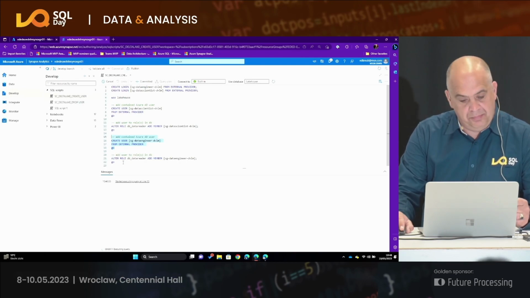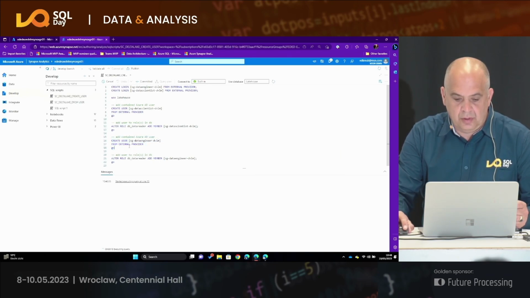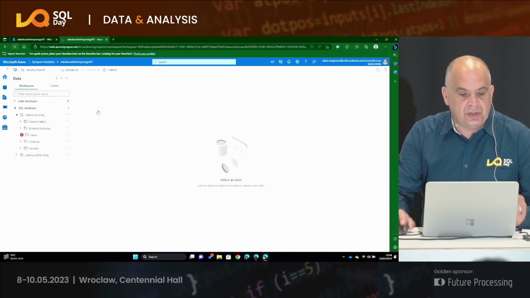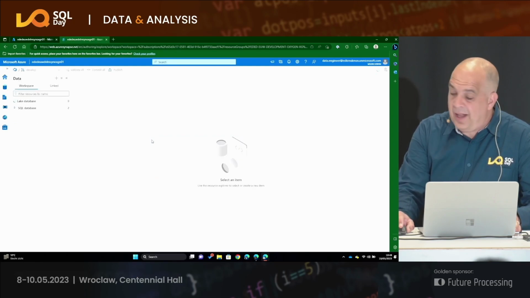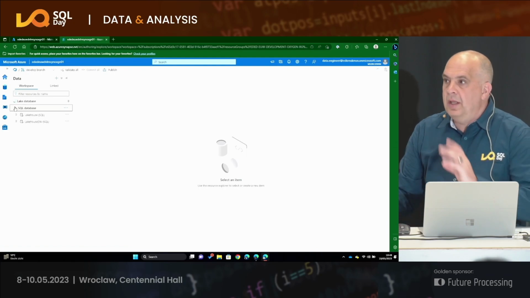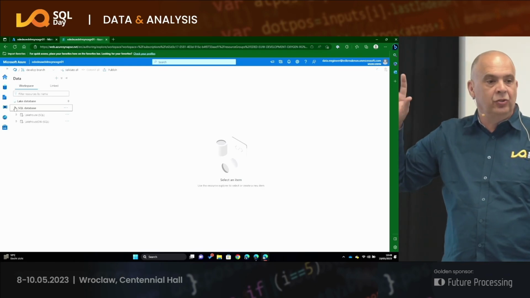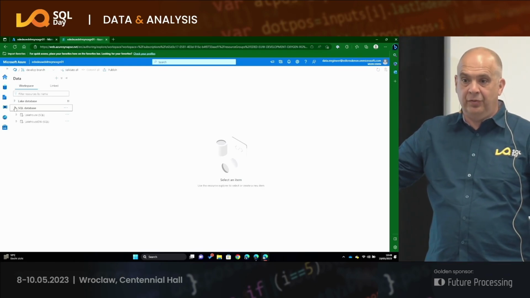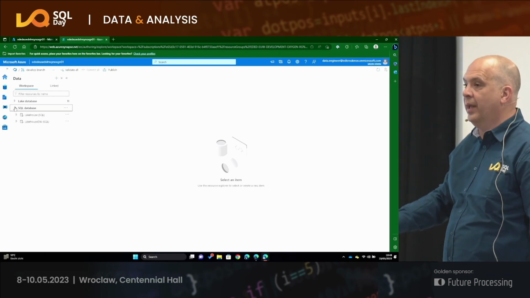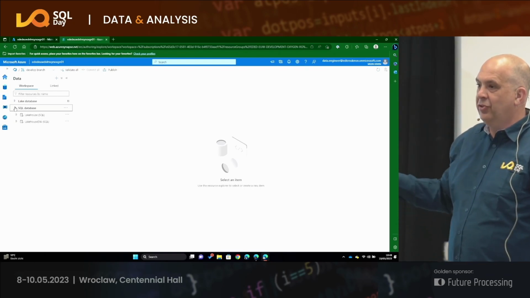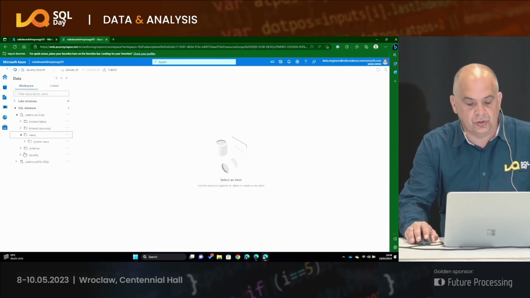Sometimes it's taking pretty long, but in the meantime, I can show you that I can refresh the Synapse environment for the data engineer. If I did everything well, and you do not see any databases over here as a user, that means that there is no login script on the master database. So the first script, create login on the master database, needs to be there to have access to see all the databases. Yes, you will see all the databases, but you don't have access to all of them. That's the difference. So in this case, I can go to Lakehouse, I can go to views, and hopefully, if there are any views,